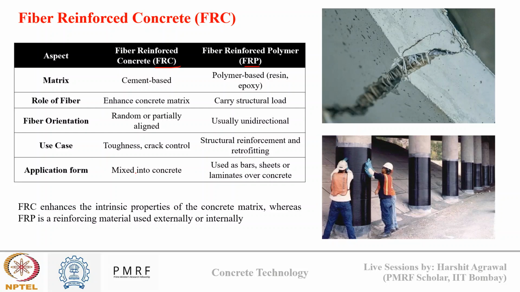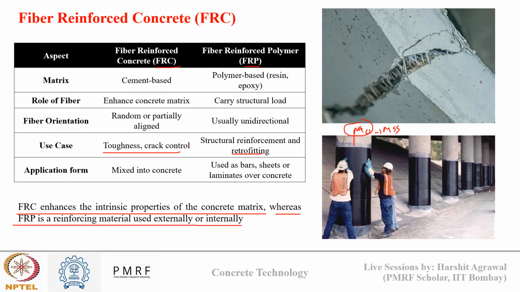So FRC is used for enhancing the strength of concrete, whereas FRP is also used for enhancing the strength, but as a retrofitting measure. So original concrete has M40 strength only, but using FRP wrapping, we are increasing the M40 grade to M55 grade after we have casted the concrete. While in FRC, we are increasing the original strength of concrete as it is. So FRC enhances the intrinsic property of a concrete mixture, while FRP is a reinforcing material usually